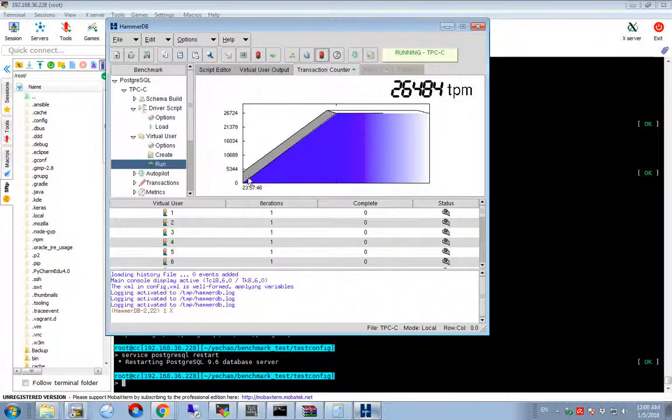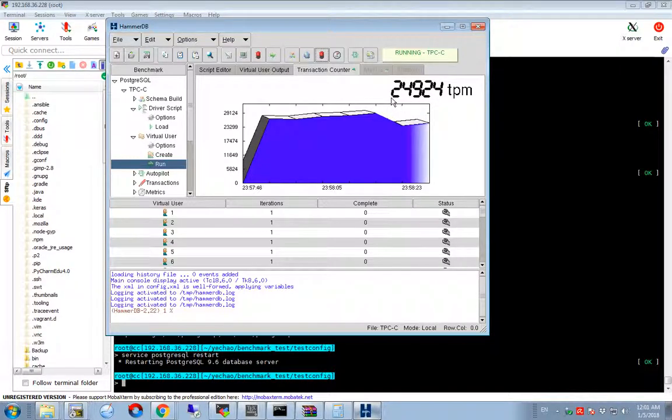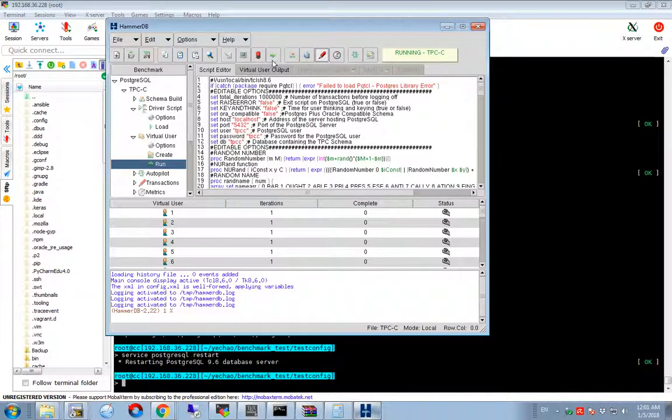We can see here we are running the database with the default configurations, and the performance for this database is roughly 27,000 transactions per minute. Let us make it steady. Roughly it is 25,000 transactions per minute. This is the default setting for the database. But right now,